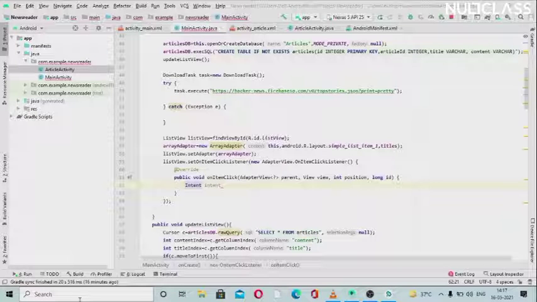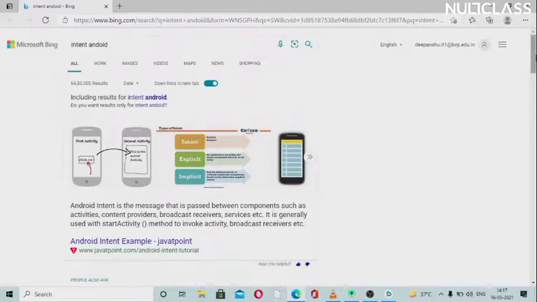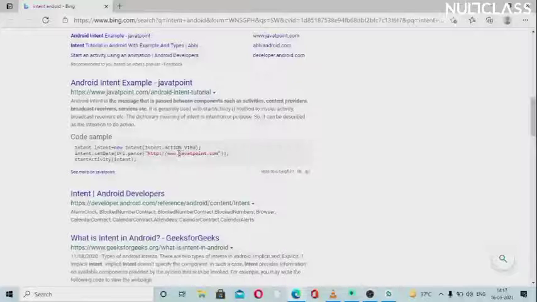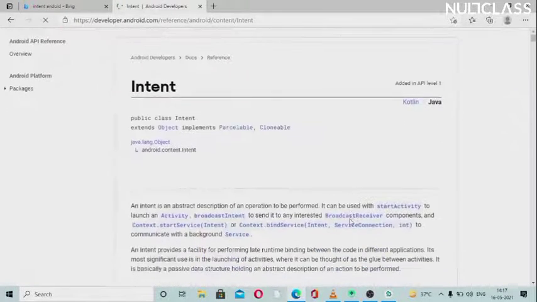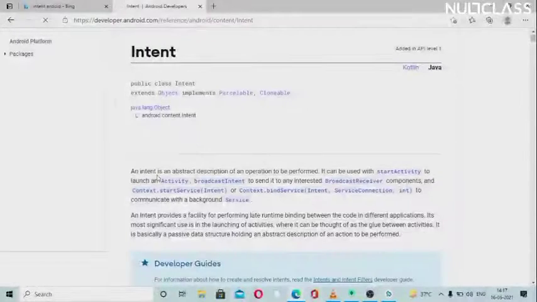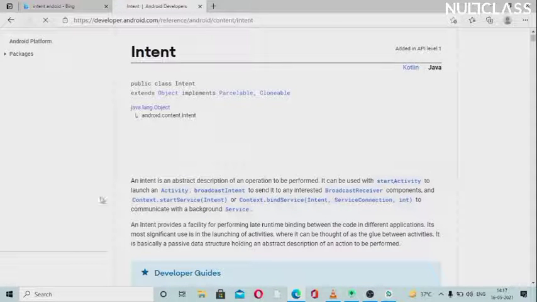So we can see where we use the intent in Android. Whenever you want to search anything, you can go to Android developers, developer.android.com, and you can find anything related to this here. An intent is an abstract description of an operation to be performed. It can be used with start activity to launch an activity.